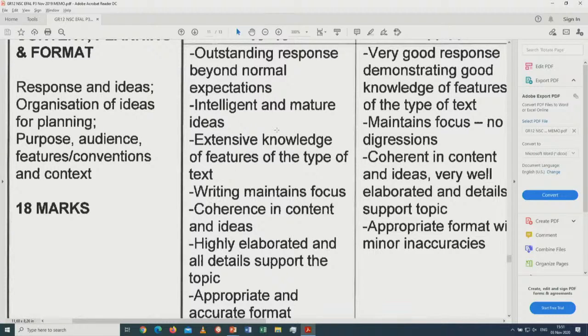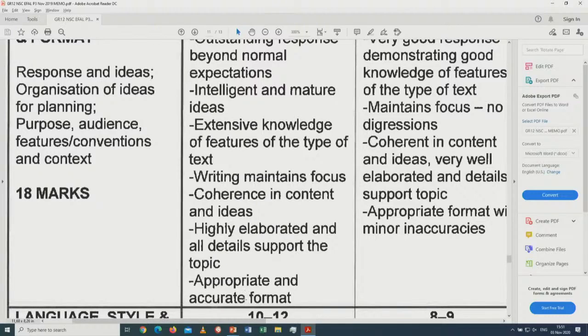Here you've got the descriptors, and let's look. This is the exceptional category. Outstanding response, beyond normal expectations, intelligent and mature ideas, extensive knowledge of the features of the type of text. Writing maintains focus, in other words, no digressions at all, it's fully on topic. Coherence in content and ideas, highly elaborated, all details support the topic, appropriate and accurate format. That is the ideal